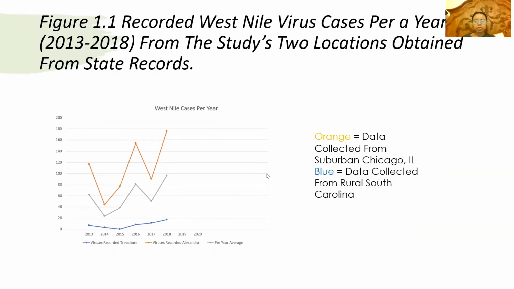Here are our results. Firstly, we looked at the recorded West Nile virus cases per year in 2013 through 2018 between the two locations. As you can see in the orange, data from suburban Chicago, Illinois, the cases were higher than in rural South Carolina. And due to the coronavirus and state issues,